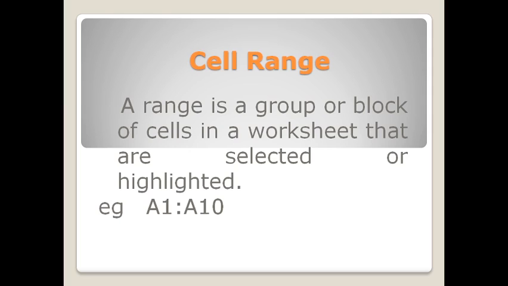Then cell range. Now whenever we enter a formula, either we use a single cell or we use a collection of cells which are present in a same column or in a same row. So if we group those cells, that is called cell range. You can see the example A1 colon A10. It is referring to the range of cells which is starting from A1 then to A10. It means the starting cell address is A1 and the ending cell address is A10, and the values in between A2, A3, A4, A5, A6, A7, A8, A9 all are collectively selected. Okay, so this is called the cell range.